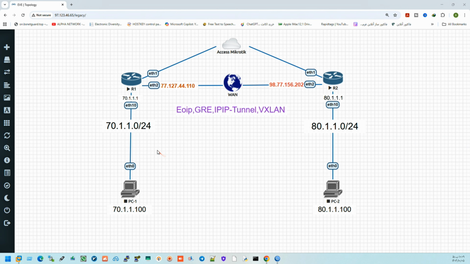As you can see in my diagram, I have 2 MikroTiks, one called R1 and the other called R2. The IP of R1 is 77.127.44.110, and the IP of R2 is 98.77.156.202. Now, the first Ethernet interface, which you can see here, is connected to my cloud, and I can access